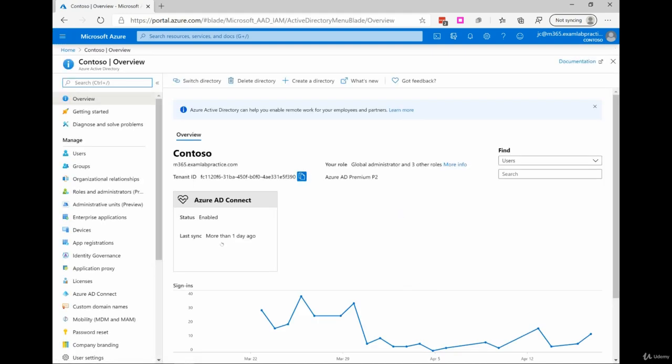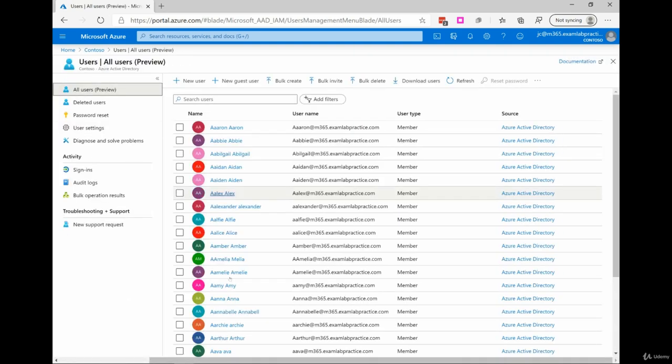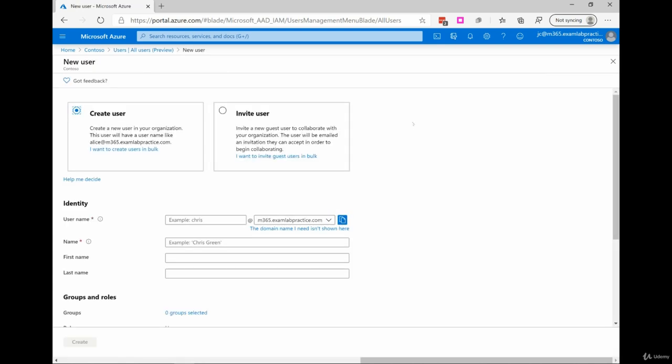All right, from there, as you can see, I can go right over here and click on users, and I can see all the different users that have been created in my environment. If I want to go ahead and create a user, I can simply say new user. This is one of the activities you could be asked to perform. So if I wanted to create a user named